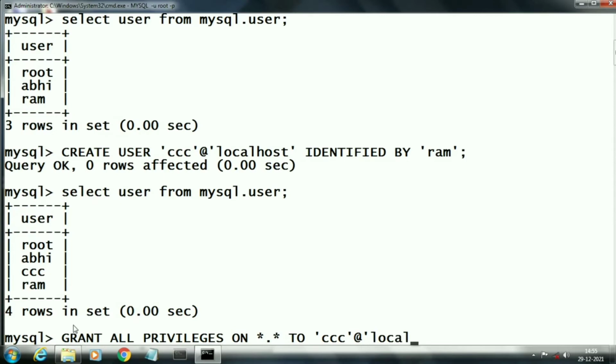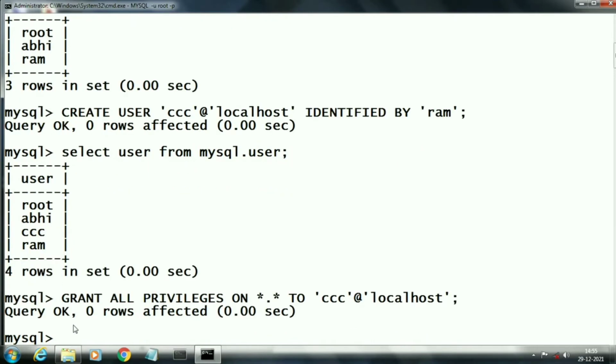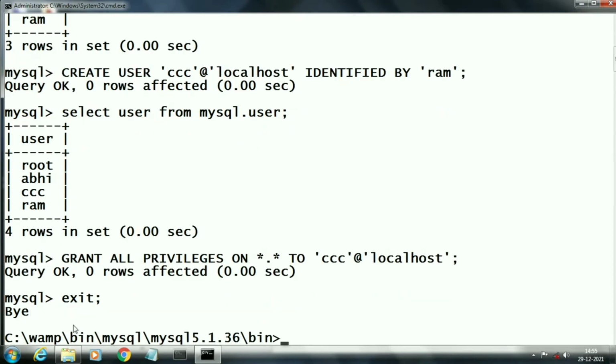Now our CCC has all the access rights as an administrator, but it cannot delete our administrator, but the administrator can delete any user. Now we are exiting from our administrator.